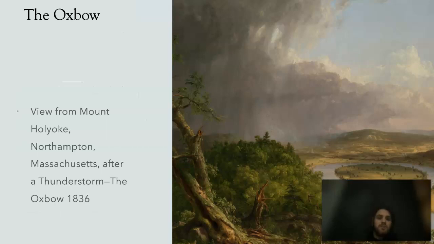One of Thomas Cole's most famous pictures is The Oxbow. This is a view of Mount Holyoke in Northampton, Massachusetts after a thunderstorm. He painted this in 1836. The Oxbow